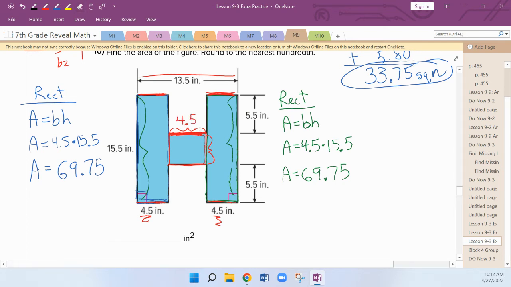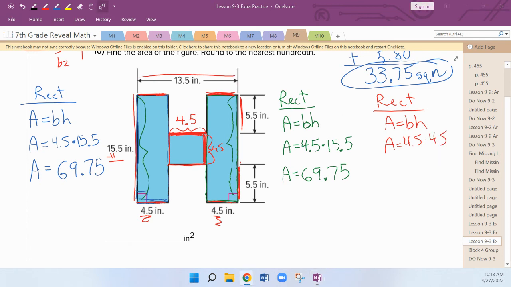All right, now we are going to do the vertical side length. Over here is the other vertical line, 15.5. I also know that from here to here are both 5.5, so that's 11 total. So 15.5 minus 11 is also 4.5. Wow, okay. So we have a third rectangle. I did it out of order. I got ahead of myself. I'm sorry, I should have written the shape and the formula first, but that's going to be 4.5 times 4.5. And that result is